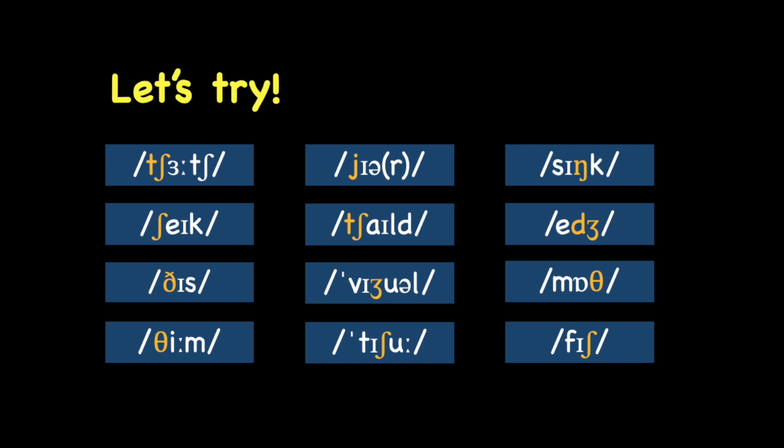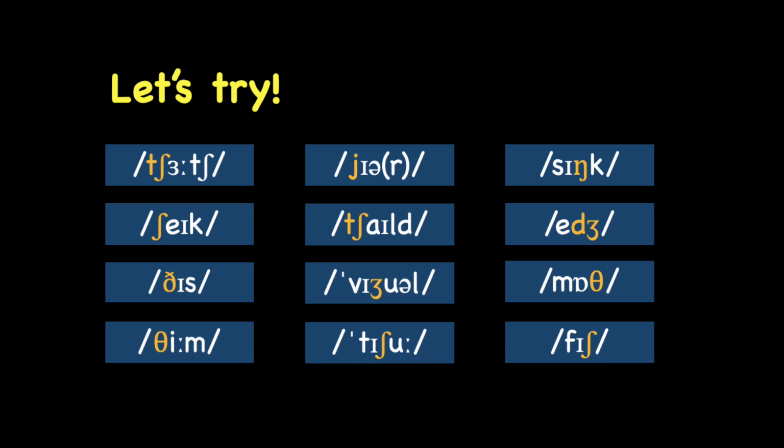What is the first sound of the word year? Year. Correct, it's y, y. Be careful, this is not j, this is year. Let's move on to number 6. What is the first sound in the word child? Child. Correct, it's ch sound. Let's move on to the next one.